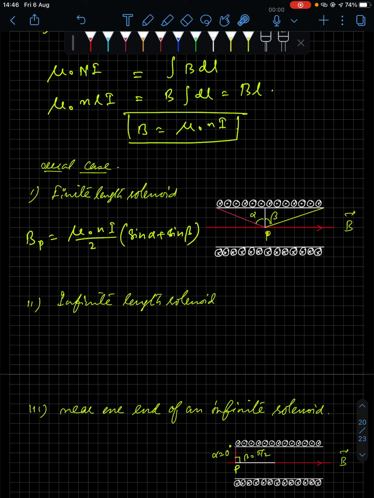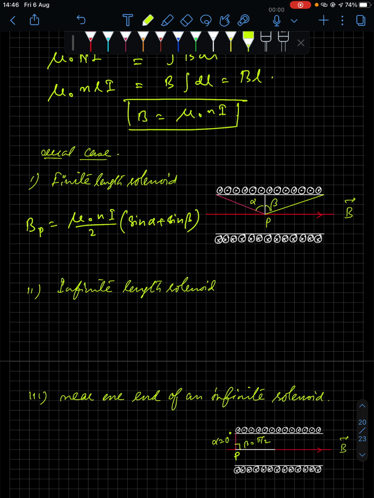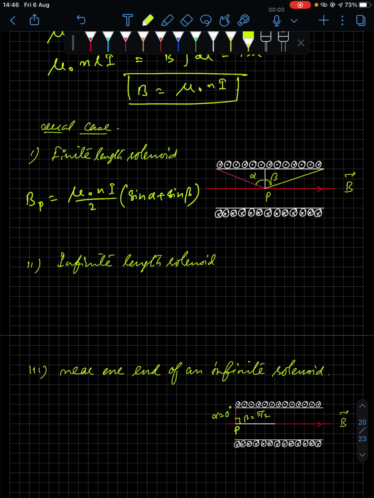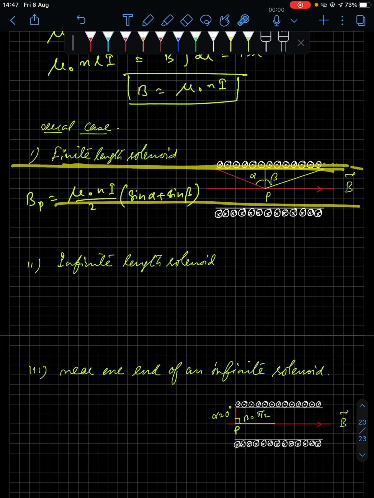So this is the relation for the magnetic field at a point P when these angles are mentioned, or you can say that this is the general relation at a point P inside a finite length solenoid. Now if the solenoid is of infinite length, that means the solenoid will keep on extending up to infinity. Then if I just show you one angle like this angle alpha, isn't it increasing? For this case only, the space that we have on the screen to show you, you can notice very clearly that alpha increases.